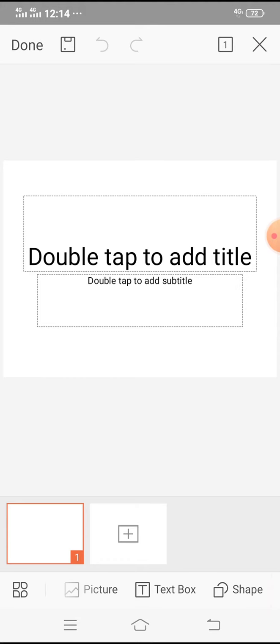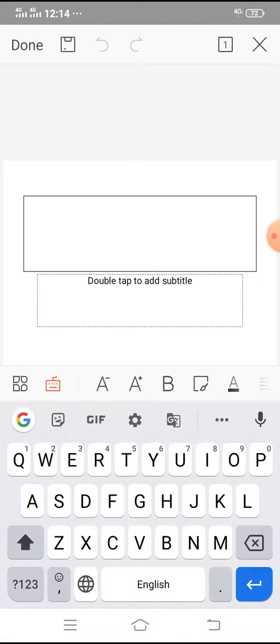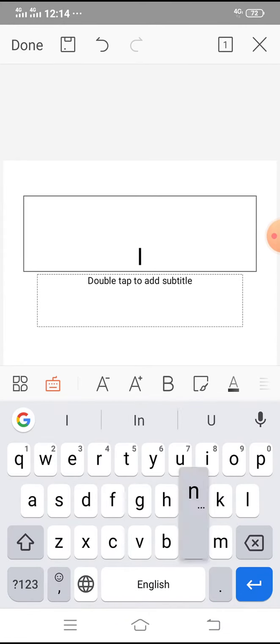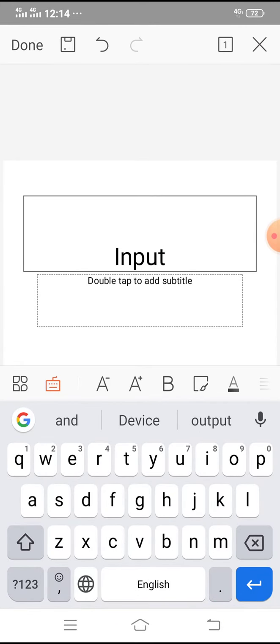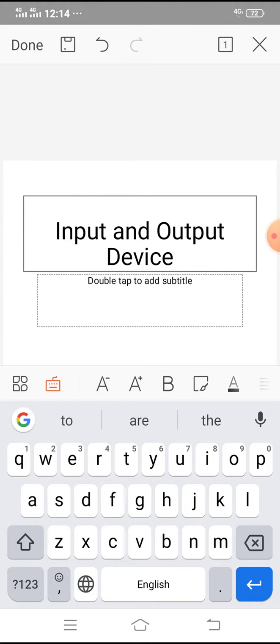Now first of all there is the title slide. Double tap to add title, so you need to double tap on it so that you can add your title. I will create a presentation on input and output devices. After it, double tap to add subtitle.